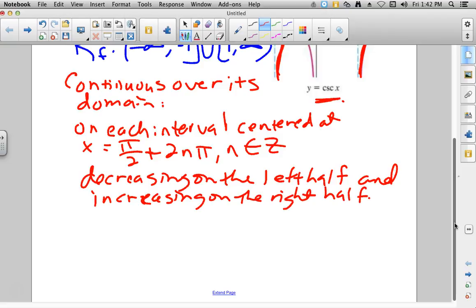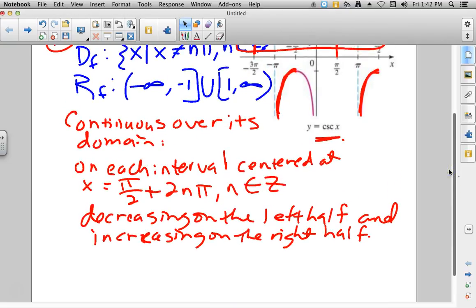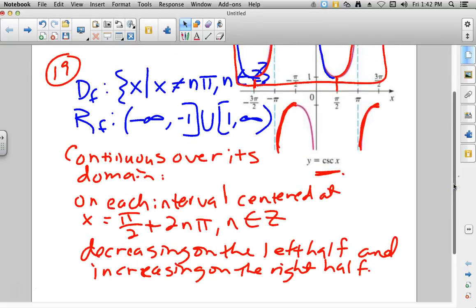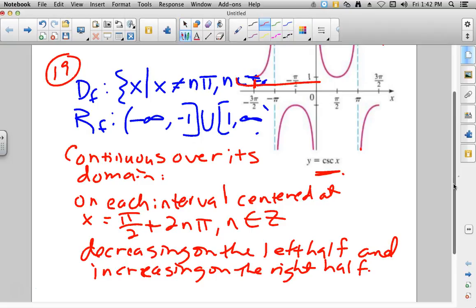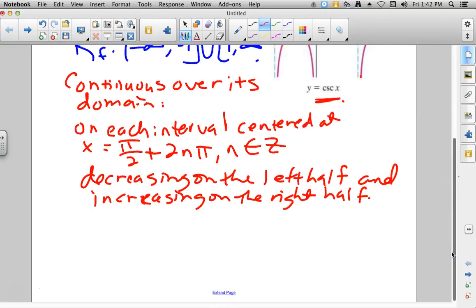And then we need to figure out a way that we can explain what's going on with the bottom half of this graph, everything below the x-axis. So again, you go back and you say to yourself, okay, where is the bottom portion of this graph centered at? And we have a negative pi over 2 and a 3 pi over 2. And again, we're seeing those odd multiples of the integers up on the top. And so for these, we would say on each interval,